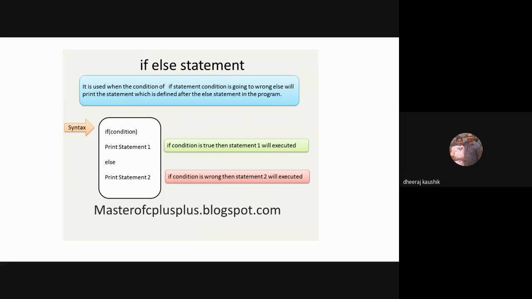And the if else statement, coming to the next conditional statement. It is used when the condition of the if statement is false, else will execute the statement which is defined after the else in the program. Now, to explain this simply, look at the syntax. If condition, print statement 1, else print statement 2, which means that if the condition is correct, then